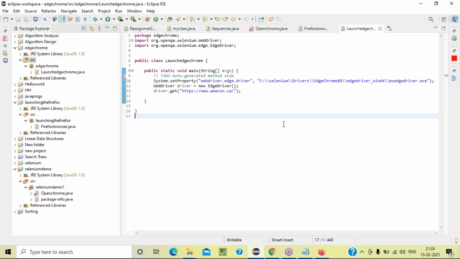Okay. Is it clear? Today also I'm not going very fast, because once you try from your end, everyone should launch all three browsers, guys. Everyone should launch all three browsers: Chrome, Firefox, and Edge. Can you do it, everyone?